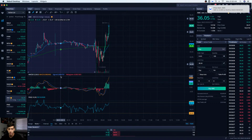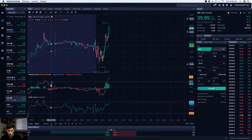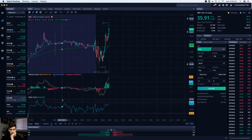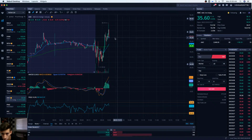AMC pushing up. Look at that. $36 a share. AMC is ripping and dipping. Have no fear, AMC is here. There goes 35.90. All right, let's lighten it up a little bit, just a little bit more. Not that it matters too much, but if we push above $36 again,